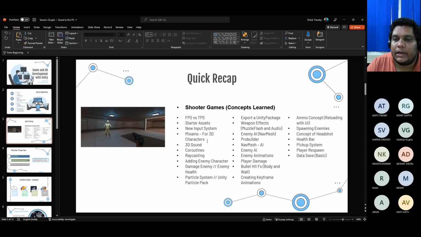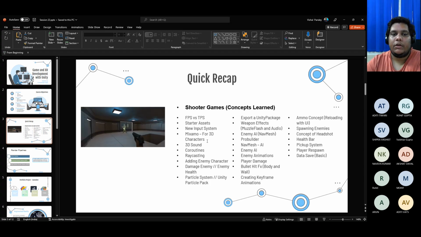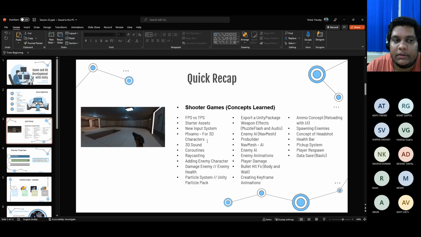Then we learned a bit about adding AI to enemy and how we can do that, how we can create a basic state machine. So we did not move on to probabilistic state machines and stuff like that, but we did create a very basic finite state machine AI, right?